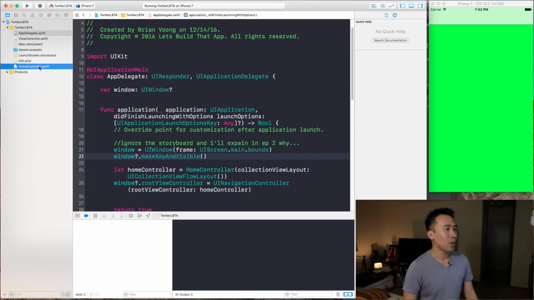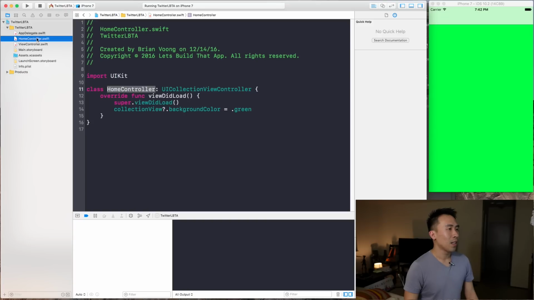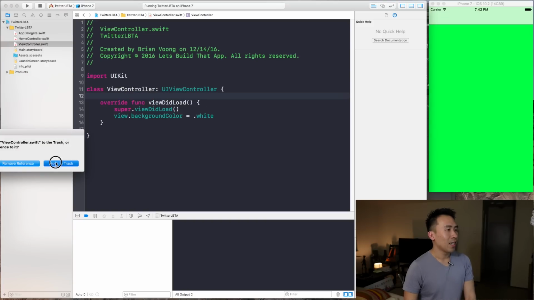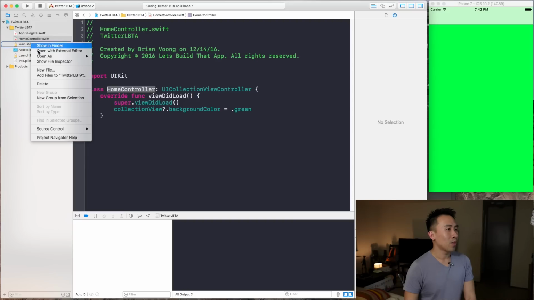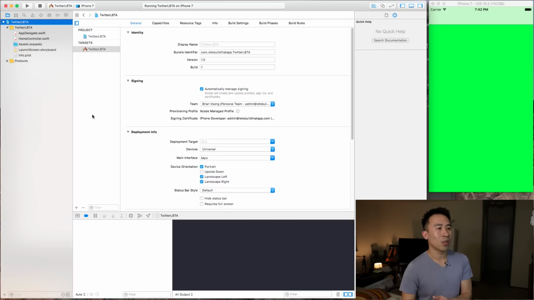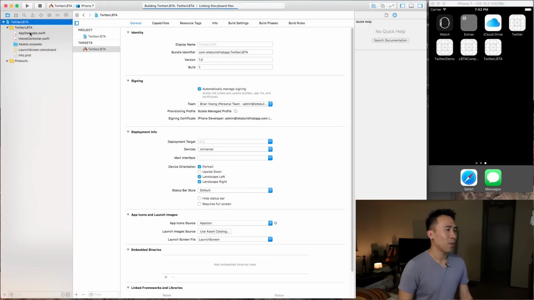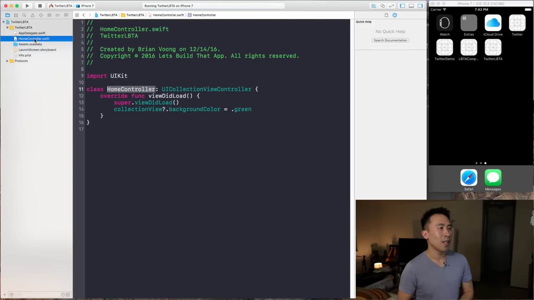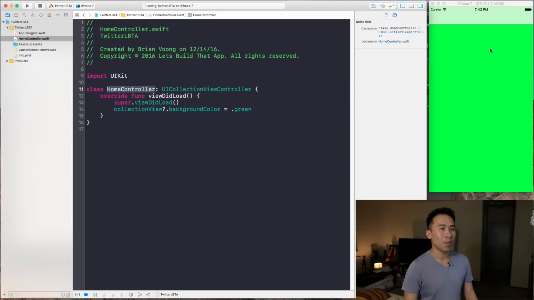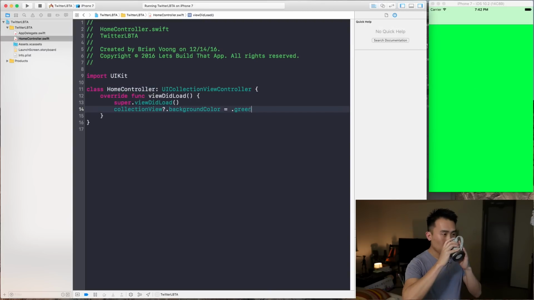Now that we have home controller set up, let me just drag this up here. And like I said before, I'm going to blow away view controller because I don't really want it hanging around. I'm going to delete the main storyboard right there. And every time you delete the main storyboard, you got to make sure you delete that as well. I don't know if it crashes, probably gives you just a warning, but because we don't have the storyboard file, let's just remove it from the application configuration. So now that everything is nice and tidy,